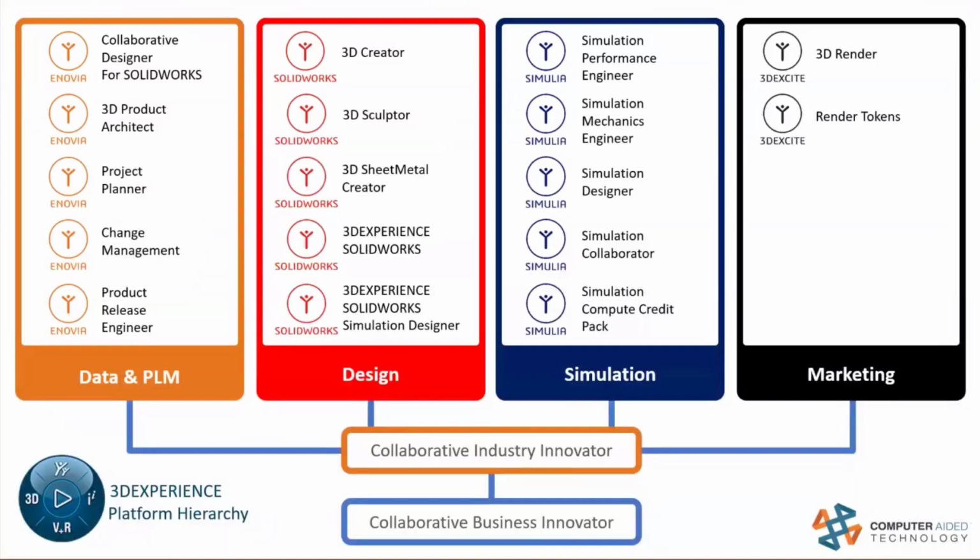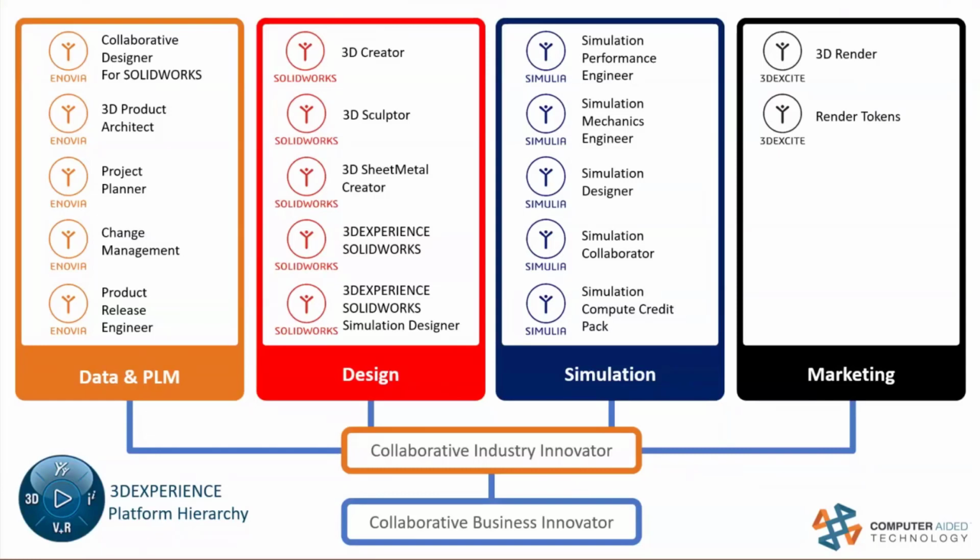So you see at the bottom there, there's the collaborative business innovator. Above that is the collaborative industry innovator. And then there are suites of roles among all these different types of products. And these are all part of different brands that Dassault Systems offers. So there's the SOLIDWORKS brand, there's the CATIA brand, there's Simulia, Innovia, and things like that. And these roles are made up of different applications that branch out from each of those potential market products that